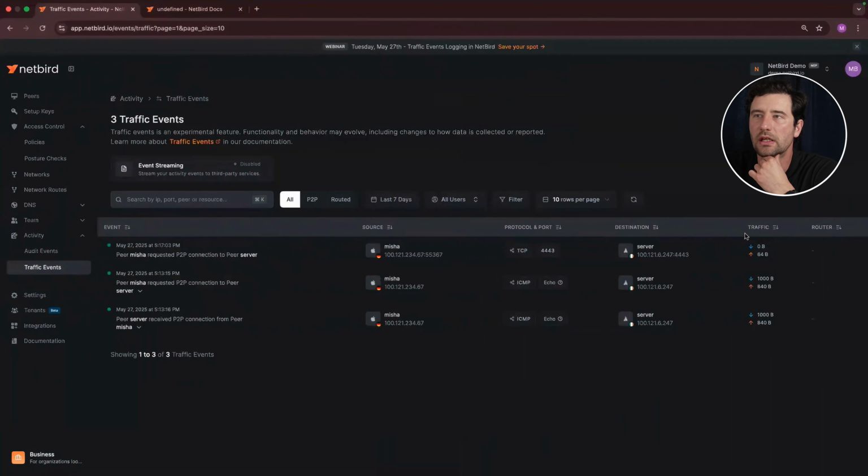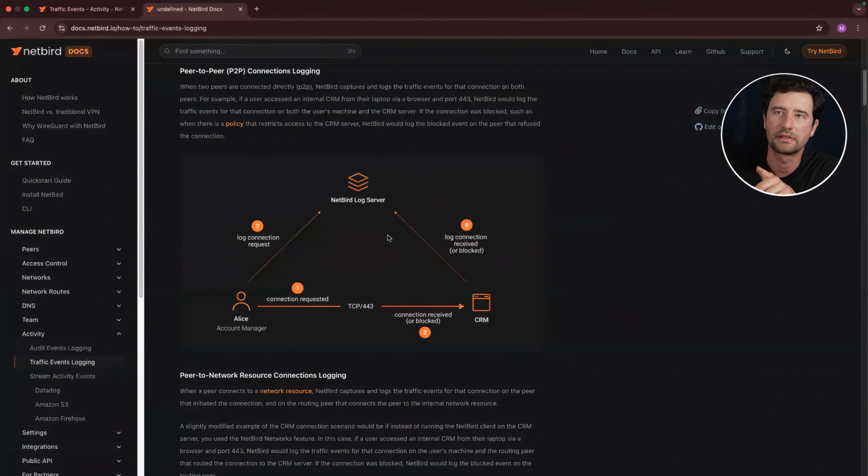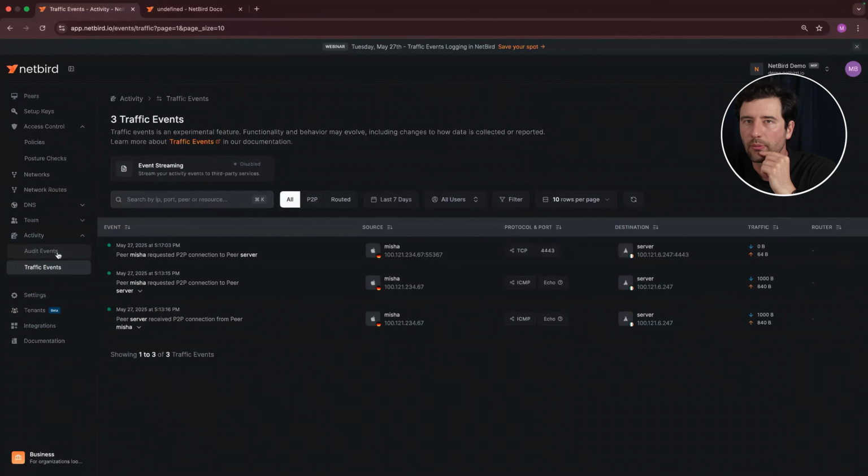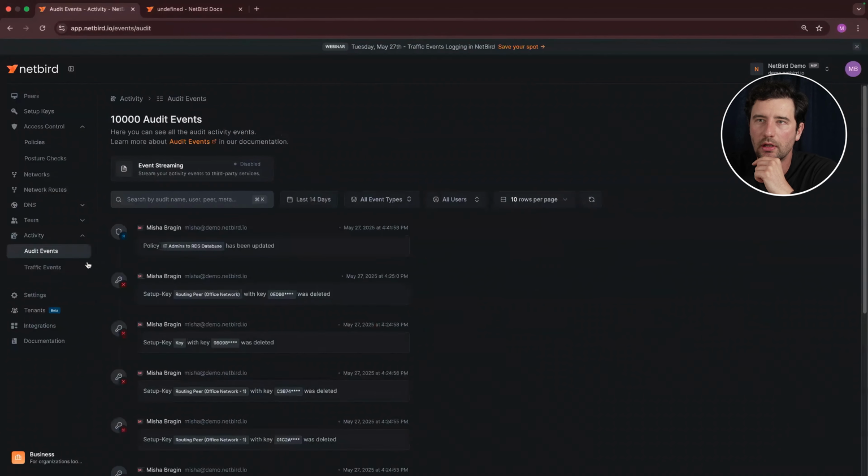So what do we see here? So it takes a little bit of time, but as you see on this diagram right here, it can also be a blocked connection that is reported. Okay, meanwhile, while the events are being processed, and it's actually quite an interesting